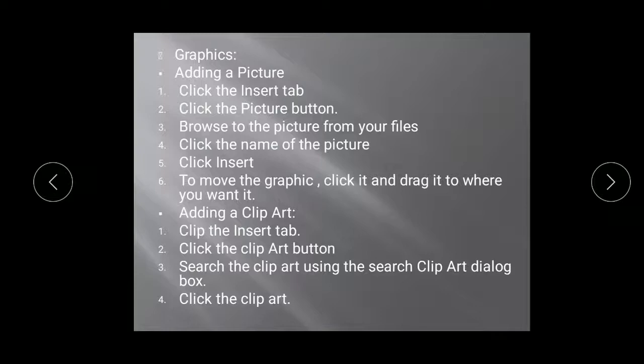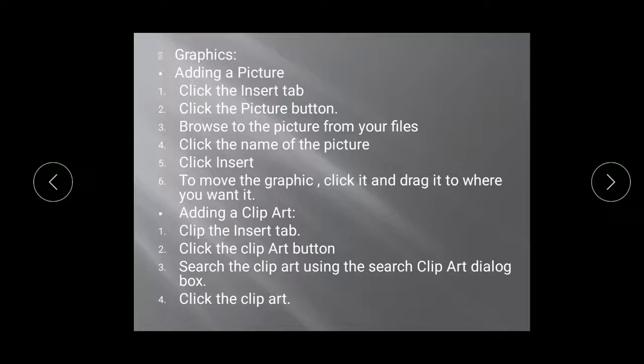In the Insert tab, you have a Picture button. If you click on that Picture button, it will give you a dialog box. That dialog box will have any number of pictures. Wherever your file is saved, suppose it is on the desktop, click on Desktop. If it is in My Files, you can go into My Files and select your picture.